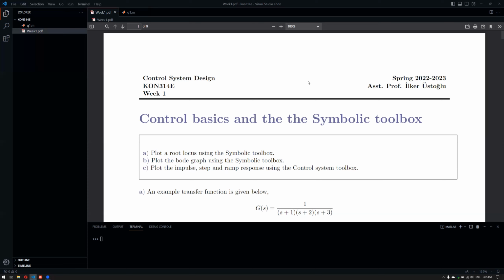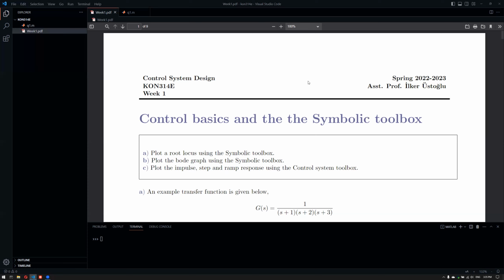The second topic will be about the Bode graph. It's a frequency domain plot that we all might already know. We will be talking about the origins of this Bode graph, how to plot it, and again, what it is useful for. And the last topic of today will be the generation of the impulse response and ramp response using